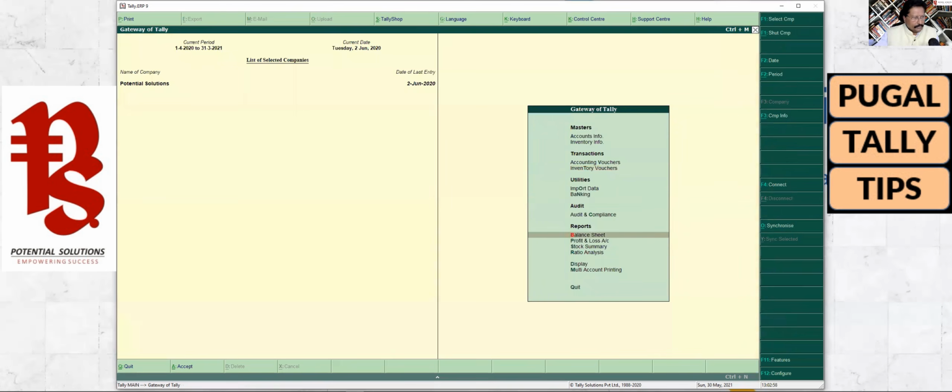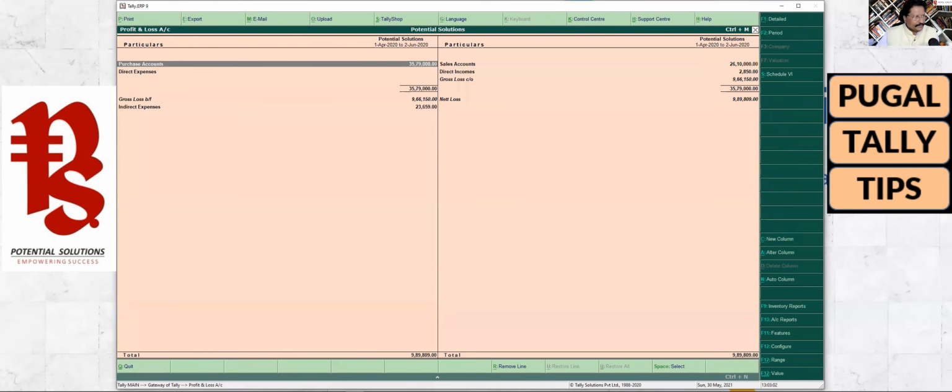Escape, let's come to profit and loss account, enter. So 3579 is still the same value. The material that I have received, which is 3,25,000 rupees worth, is not impacted or not increased my purchase. At the same time, since I made this receipt note, now the quantity of my i7 HP laptop from 9, it should now become 14.